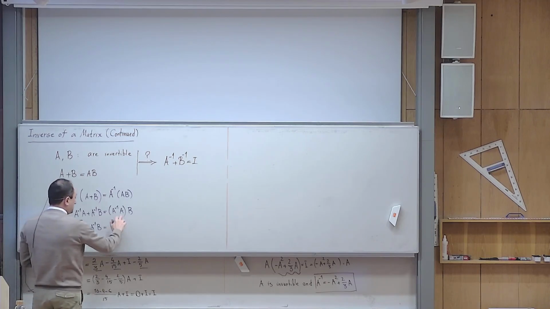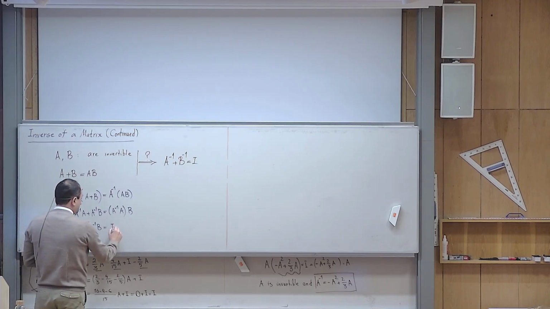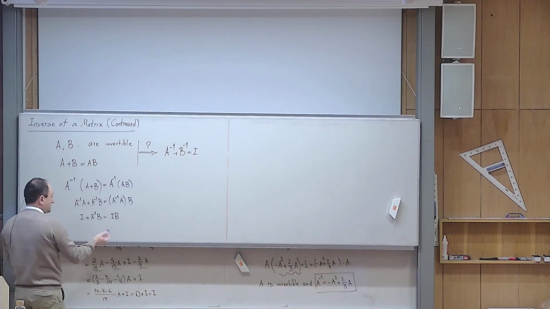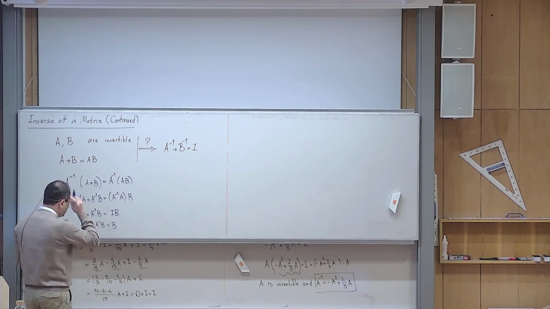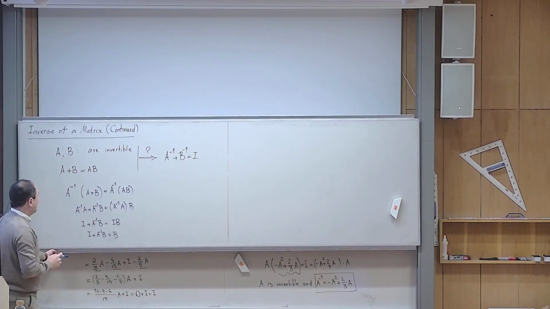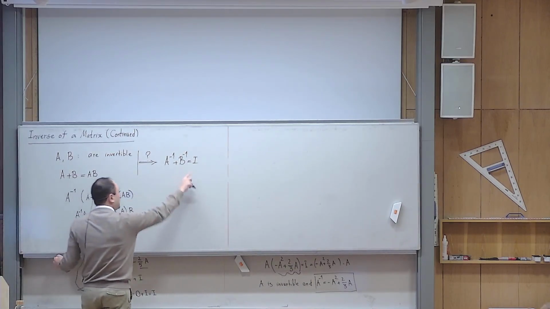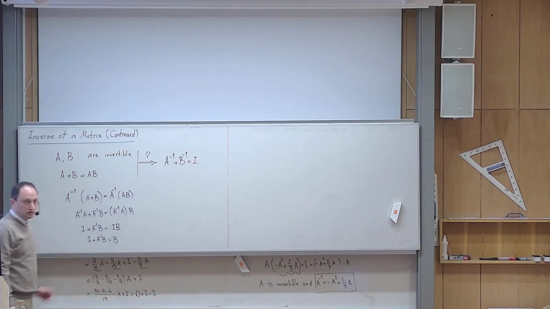Okay, and then this becomes the identity matrix times B. That identity matrix times B is just B. And then I have A plus A inverse B. At least we made some progress because we need I. We have it, okay? Then? After that, I just rewrote the identity matrix